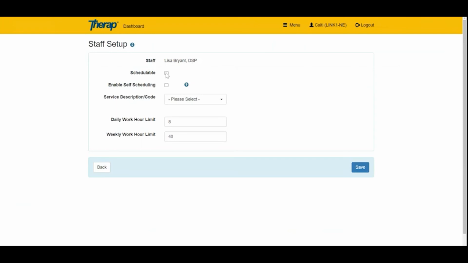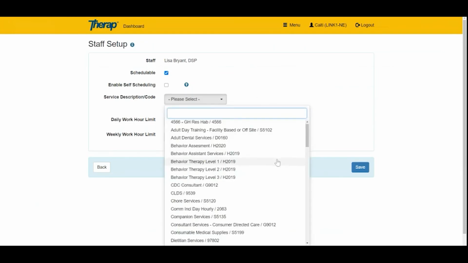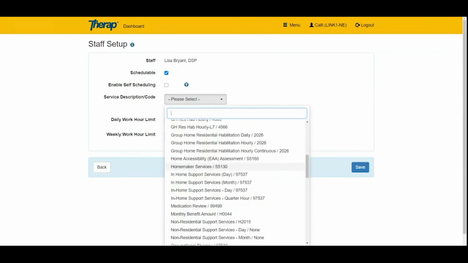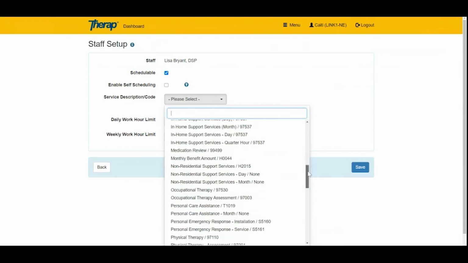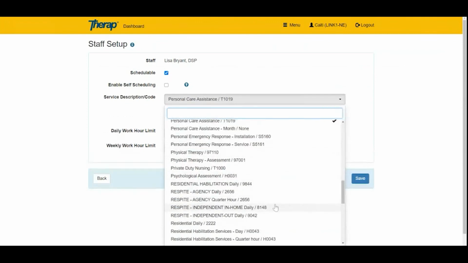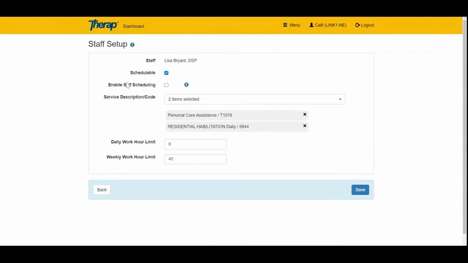So I absolutely have to make her schedulable, and I have to select the service descriptions and codes that she is allowed to work under. So I'm going to select a couple here from this list. This is a long list. We'll do some personal care and some respite services. Okay. This section here for enable self-scheduling is purely up to each provider and if they will